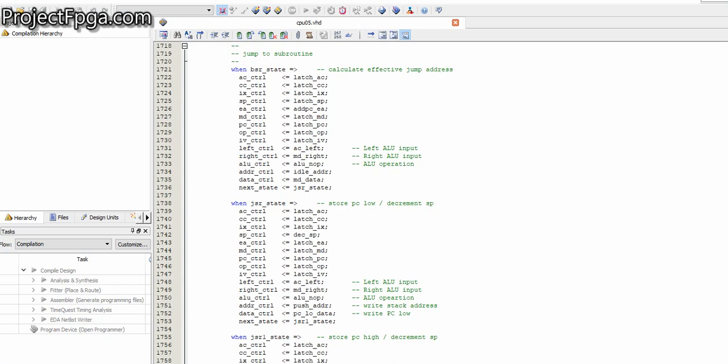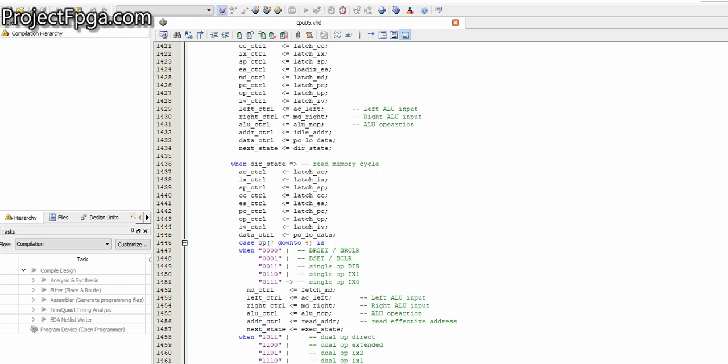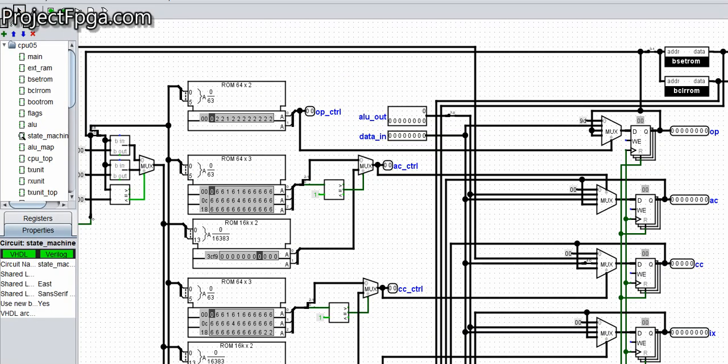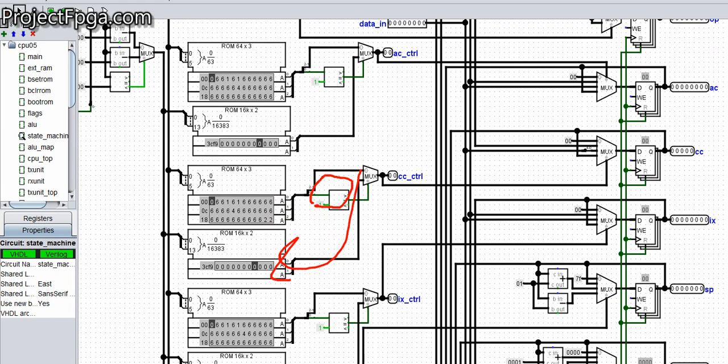But when you go through the script, you see something like case OP 7 down to 4, case OP when 100. You can see them here, when 100, when 101, when 111. I took them and placed them in the second Excel sheet. So that's why some of the ROM are single, some are double. The extra ROM were for the second Excel sheet, and this comparator checked if the last bit is 1. That means you have to use the second Excel sheet. If it's 0, use only the first Excel sheet